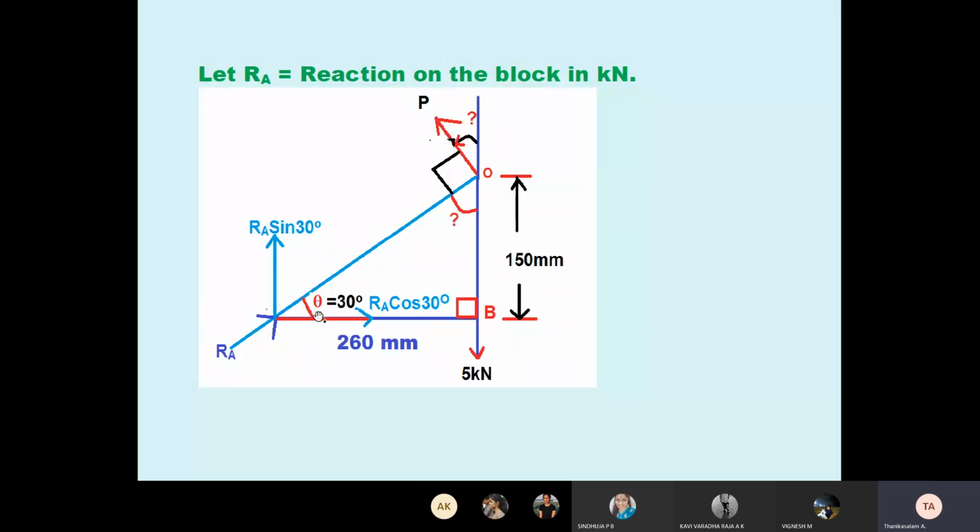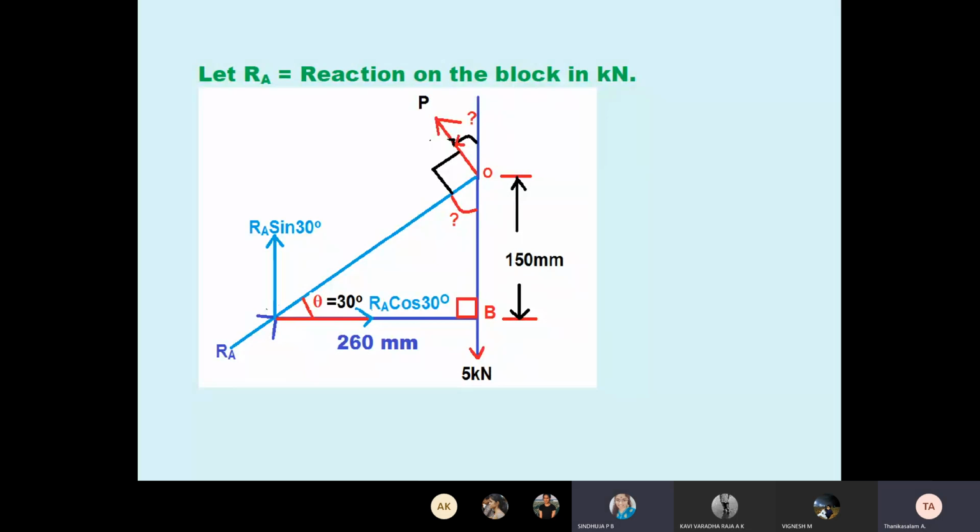How do you calculate it? Theta here is already 30 degrees. It looks like a right angle triangle, so this is automatically 90. 90 plus 30 is 120, so the balance is 60 degrees. Now tell me the outside angle. With respect to vertical, what is the angle of the P force? Apply your mathematics skill. 30. Tell me confidently. Yes, it's correct. How 30?